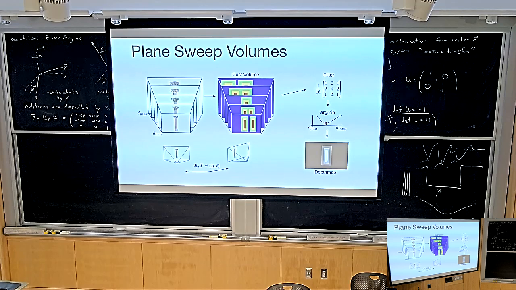And first of all, let's think about why that might happen. Why might it happen that a point is not visible in both images? You know this even from your own eyes, right? Like I'm looking at this chair right now. There's an armrest. If I close my eyes, some points are occluded in one eye and some are not, because these have slightly different positions. So some points are visible only in one eye. So what do you expect to happen if you build this cost volume and you try to do that? What will happen?